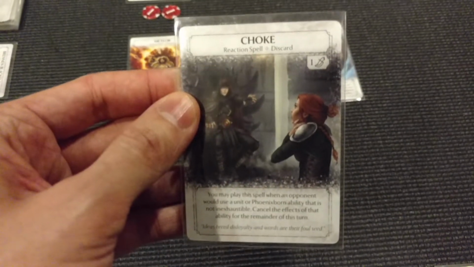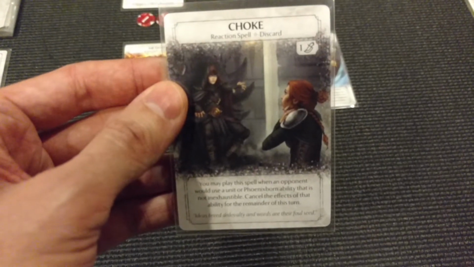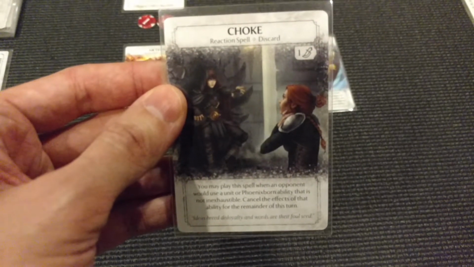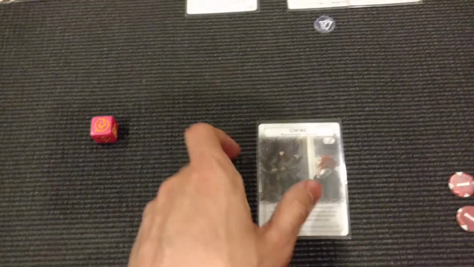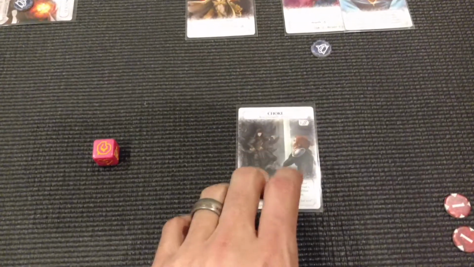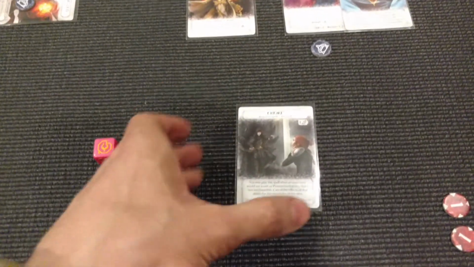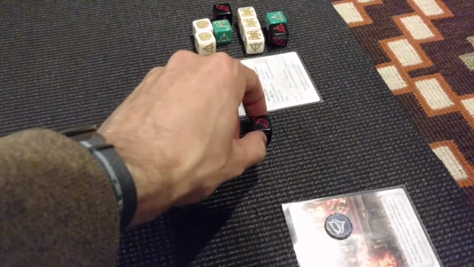A reaction spell. You may play this spell when an opponent would use a unit or Phoenix-born ability that is not inexhaustible. Cancel the effects of that ability for the remainder of this turn. Now, this card is interesting because it has a keyword, and that word is would. Whenever a card in Ashes says that it triggers on something when something would happen, it means that it resolves first. So in this case, we're playing the card, so we need to pay our costs,